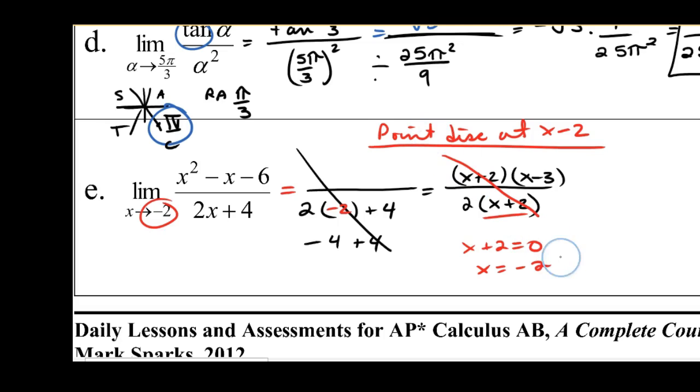But I can take out that discontinuity, and now even though my function was undefined, I saw that here, 0 in the denominator, function is undefined, I can still find my limit because I can factor and cancel with limits. So I cancel that out, and now I evaluate what's left. Limit as x approaches negative 2 of x over 2. Negative 2 minus 3 over 2 is negative 5 over